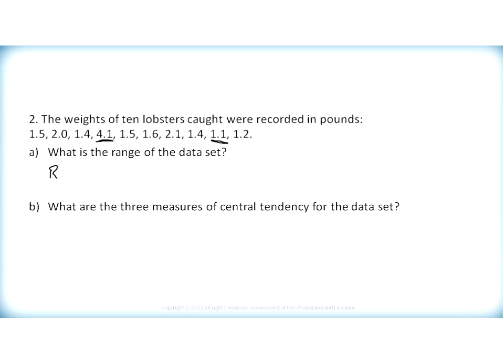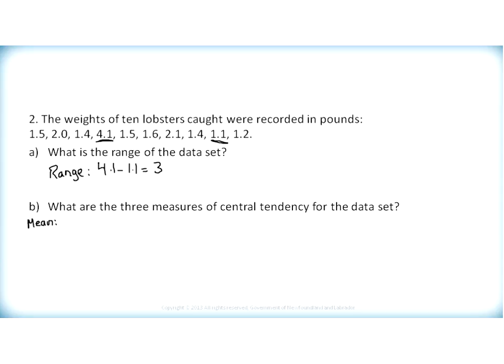So my range is going to be equal to my greatest number minus the least number. Okay, so my range of values is 3. They differ by as much as 3 pounds overall. What are the 3 measures of central tendency? Well, to do that, we have to first, for mean,